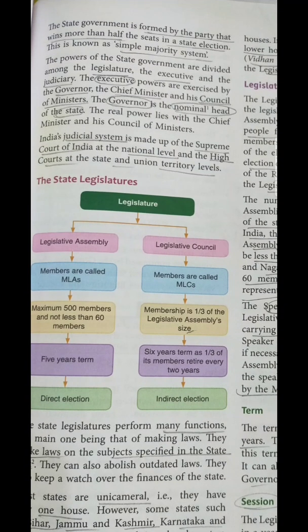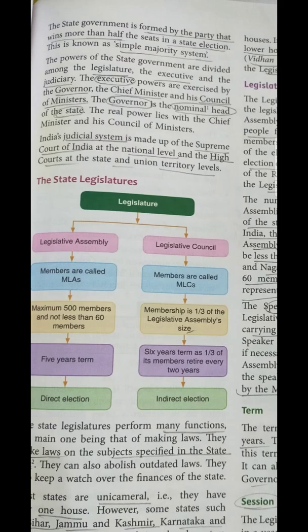The government is definitely above the chief minister, but the whole functioning which is being done in the state is definitely by the chief minister along with the council of ministers. And if I talk about the judicial system, representing the court system, it is mainly with the judiciary. The word judicial came from judiciary.